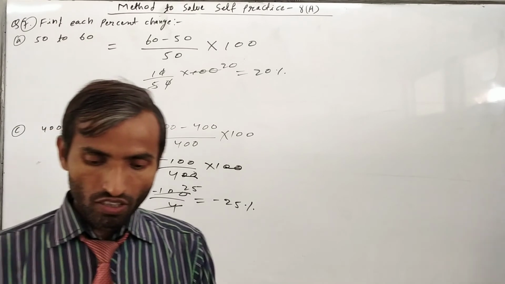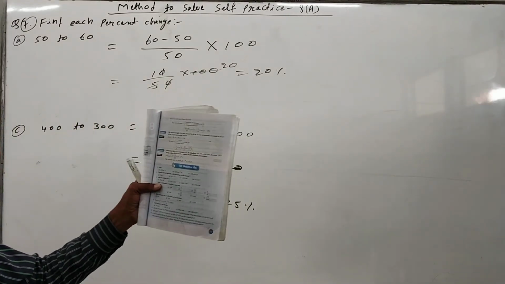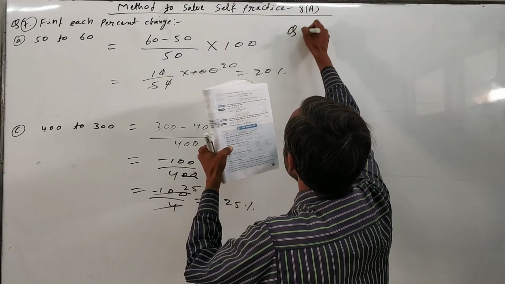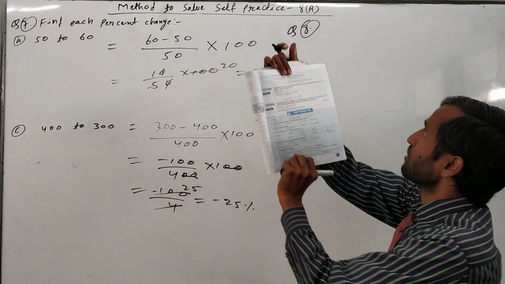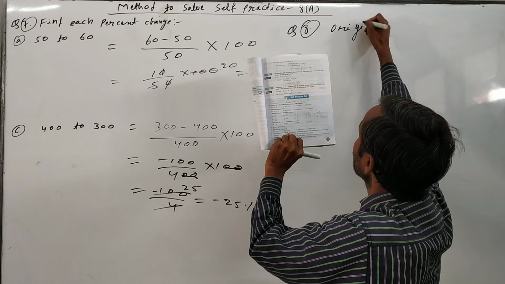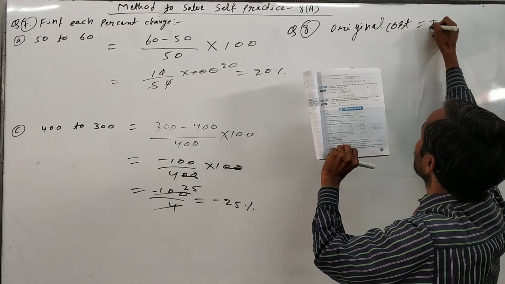That's why. Now the remaining part of the question, whatever I have left, just try yourself. Now we have to do question number 8. The cost of book was, just read question number 8. The cost of the book was 350 rupees. So the original cost is equal to rupees 350.